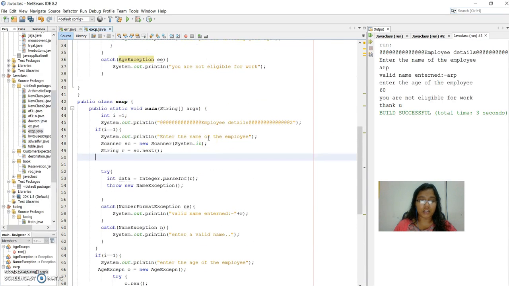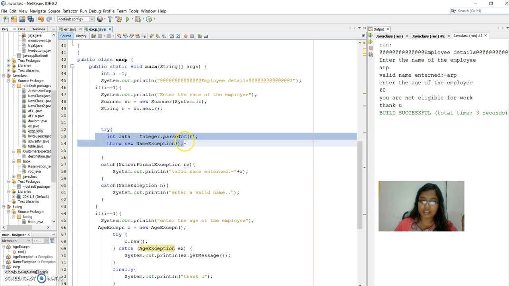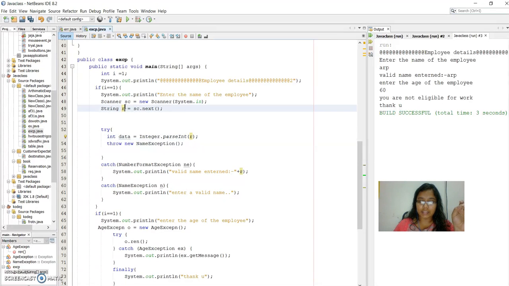So when I go to my Java NetBeans again, I've taken the name. So now I'm going to take the name exception. And how is that going to work? I'm going to take a variable called int data, and I'm going to parseInt the value, and this is the function. Here I'm going to pass the value r, wherein you have stored your string value. So what happens is when it is parsed, the values which you've entered should be integers. If there are any integers,